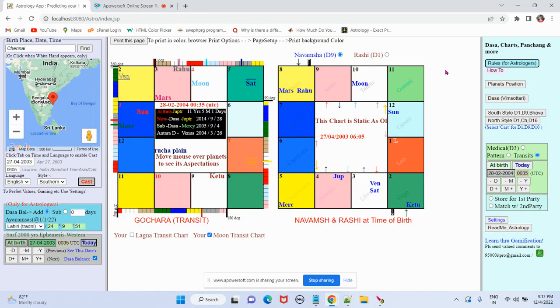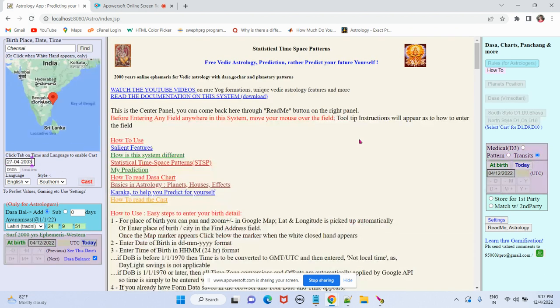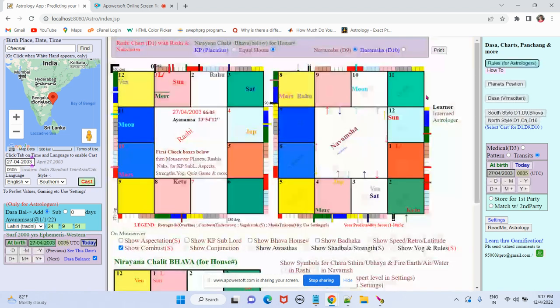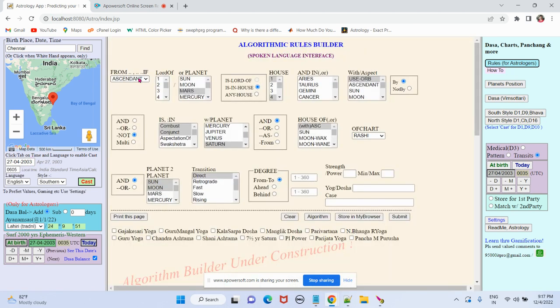Friends, I'm really excited to show and release a new feature. The subject today is about rules and algorithms. Let us see a small recap.